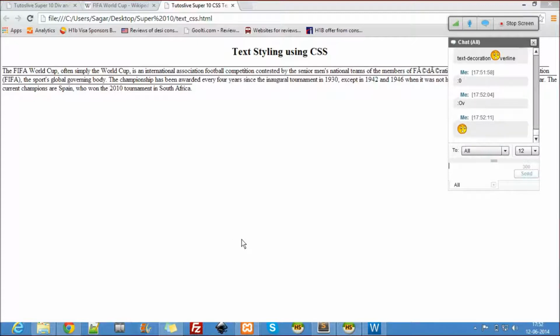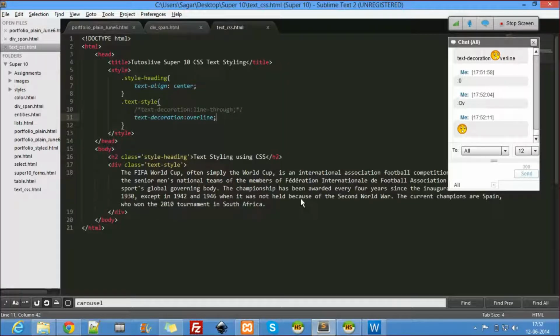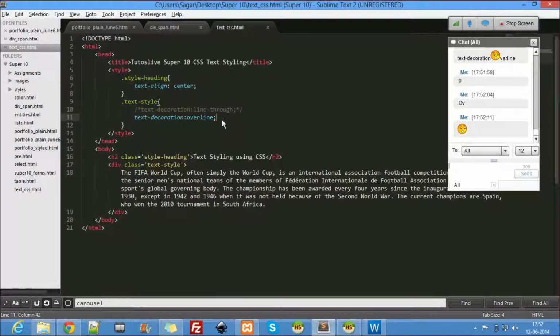Now I want to start this paragraph from here. I want to move this to that side. What do we call it if we move it from here to here? It's supposed to start here, right? But I moved it here. What do you call it?